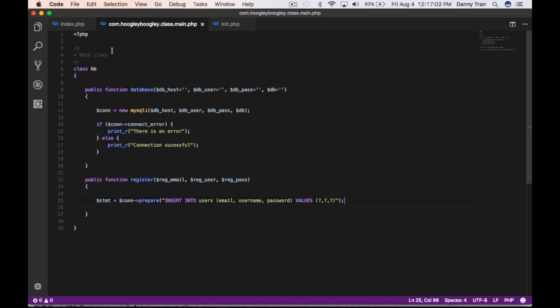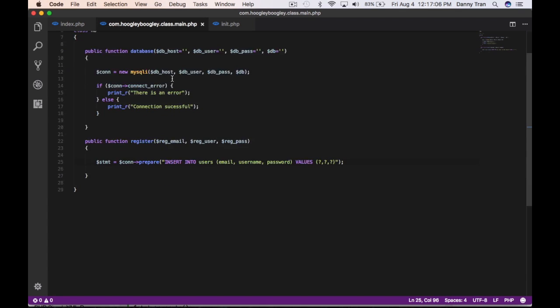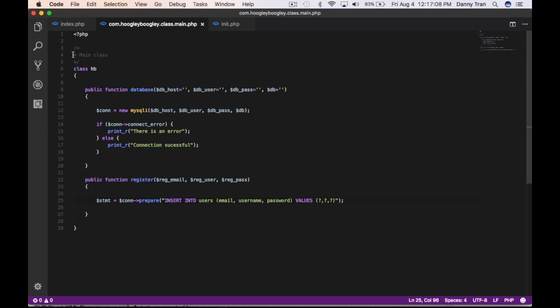So unfortunately, I was recording earlier and my recording software crashed. So this is all the progress we have when we created our class, which is HB, and we created a few functions such as database and registration. So what we're going to do now is statement,